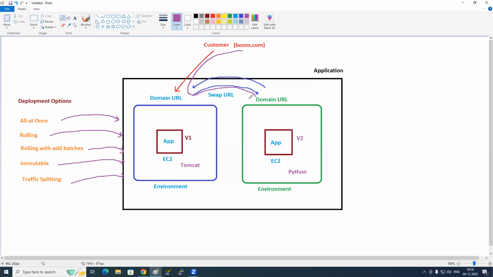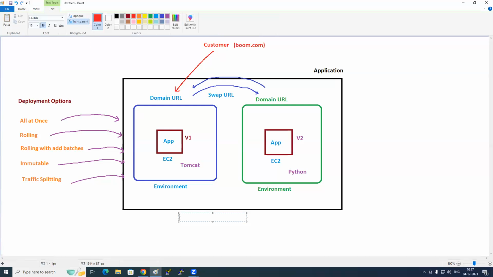Understood. So this is a thing that I used to do in real time to impress the customers, because the customer doesn't know what is happening in the backend. Does he know the concept of Beanstalk? Does he know the concept of application, environment, all these things? What he needs is, from the browser, what he's looking at is important. However you manage your infrastructure, doesn't matter. You understand? So this model is called